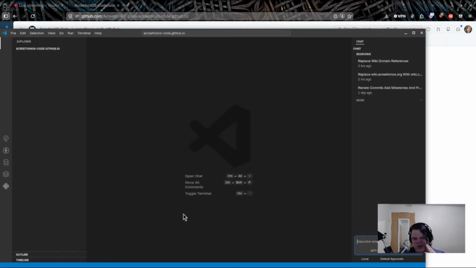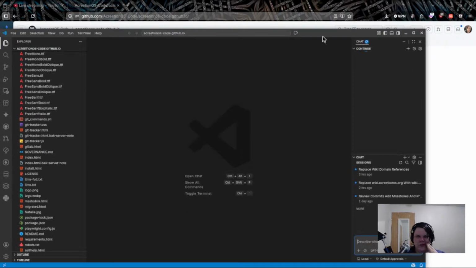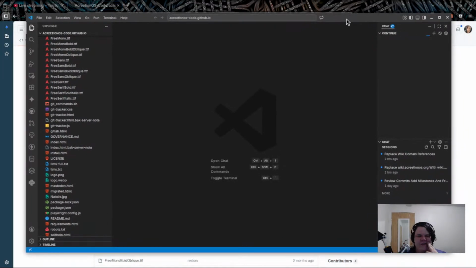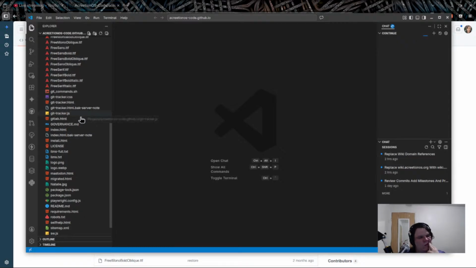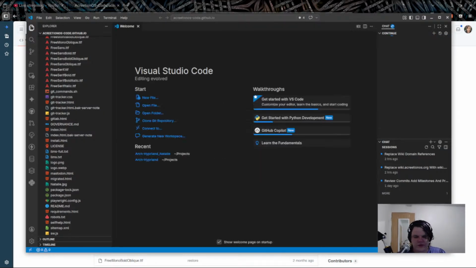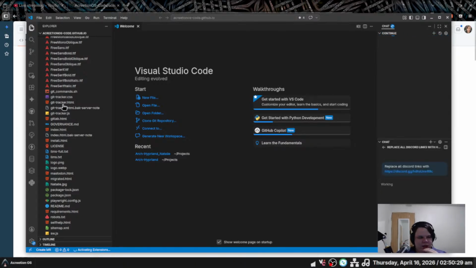You know, I used to set it to our discord.accretionalist.org that went to this. I don't know if it still does or not, but I'll have to look here in a second in our co-op player. I'll just have Copilot replace all Discord links with, because I could do it, right?